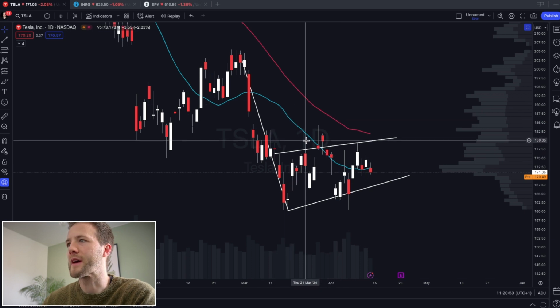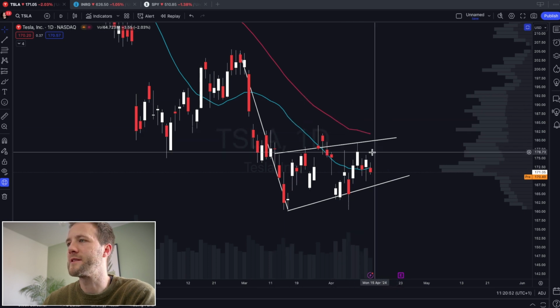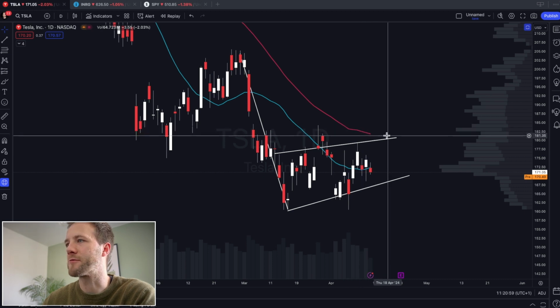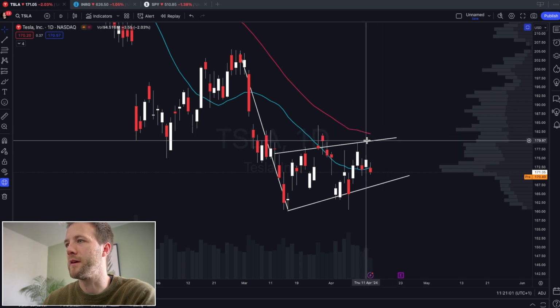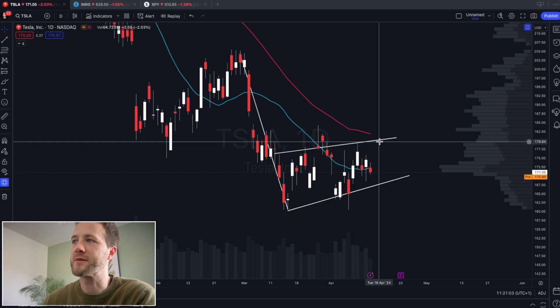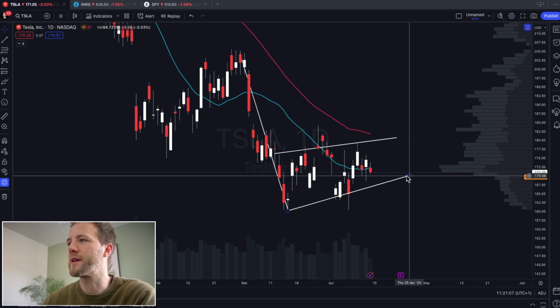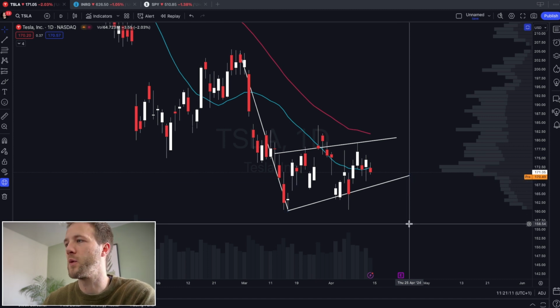So you can see the moving average is coming down, acting as a little bit of resistance, a little bit of support here at the 20 moving average, but this one here, the 50 moving average, is coming right in at the top of this range as well. So you have to be careful of that. You could play it up to here, but this is not what this video is about. What we're looking for is a break of this trend line here. So if we break down below here, then we're looking at the next support zone down, which